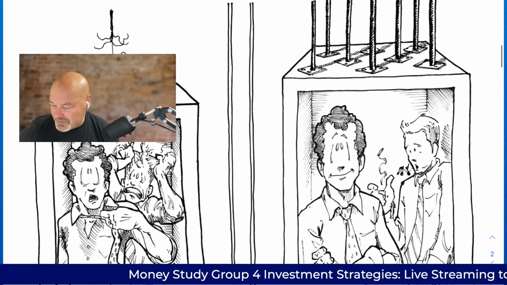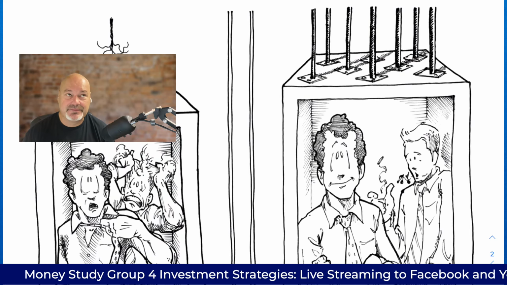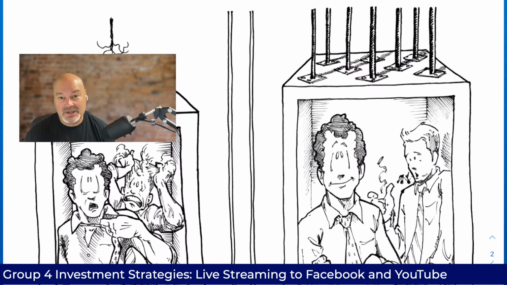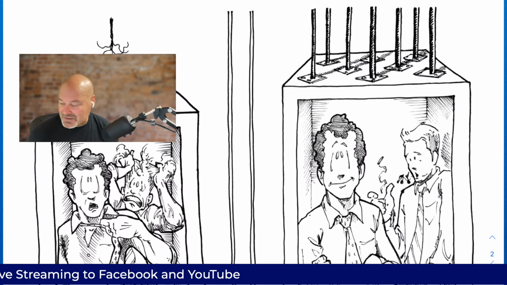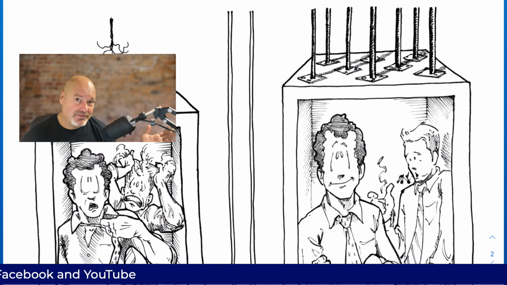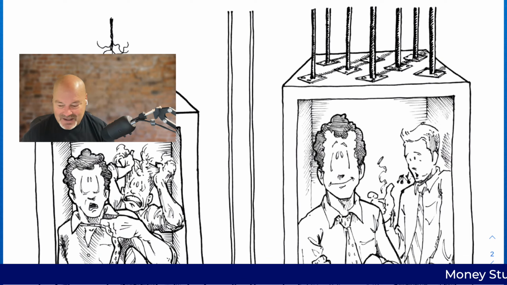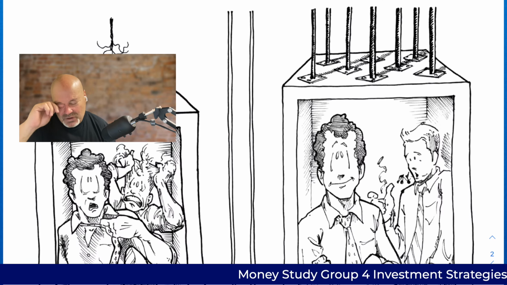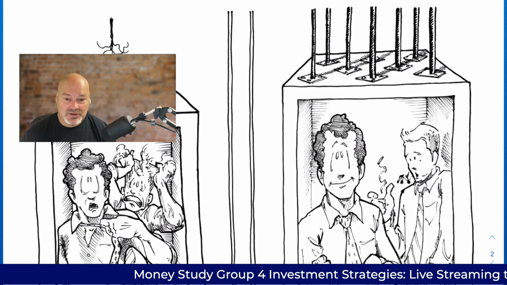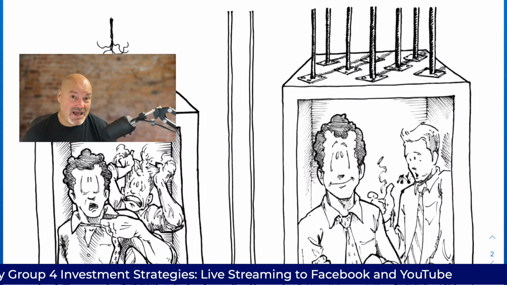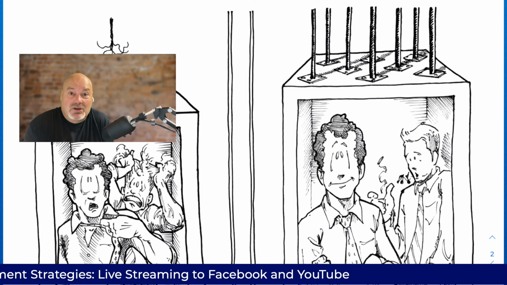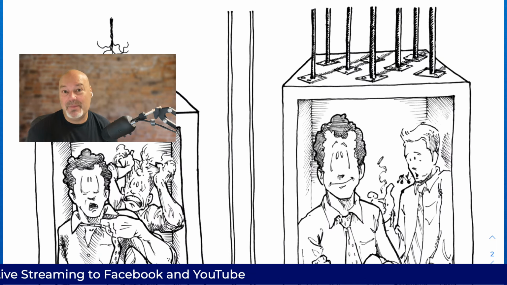So I told you what they were: diversification, asset allocation, dollar cost averaging, and portfolio rebalancing. So let's start with diversification. This is just a picture of an elevator. Back in the day when I was learning how to invest, I had some friends, and we had some mastermind groups, and we talked. Really, what I was trying to do was learn. This is an illustration for one of my early books, and it's actually in all of my books, as a way to communicate and educate about